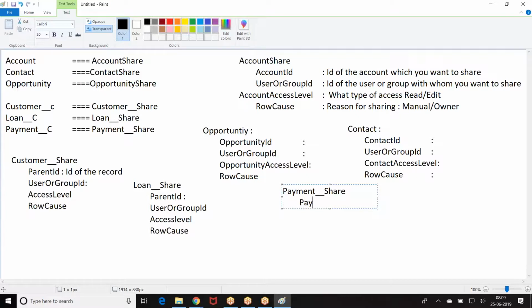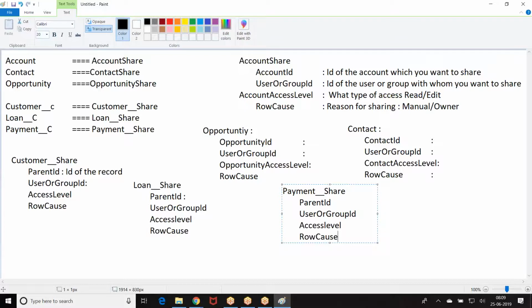Payment share: parent ID. Customer share, loan share, payment share, account, contact, opportunity. I hope everyone is good with this.